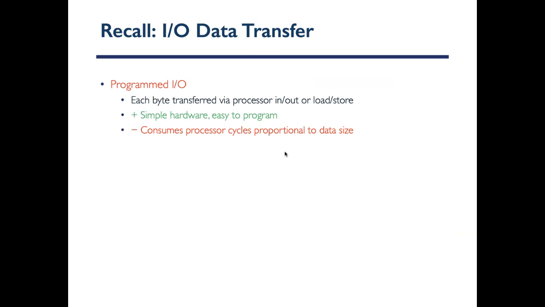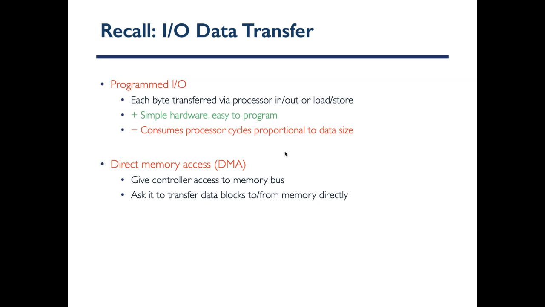The first one that we saw in early lectures was programmed I/O. Basically, in this one, the CPU is involved in sending and receiving every single byte. It's simple hardware, but it consumes a lot of CPU cycles. The second one that we talked about was direct memory access, where you just communicate with the